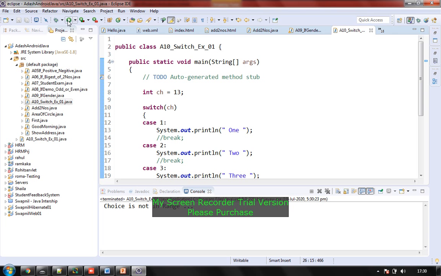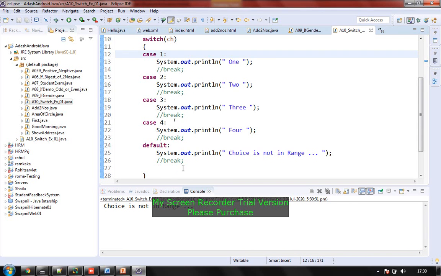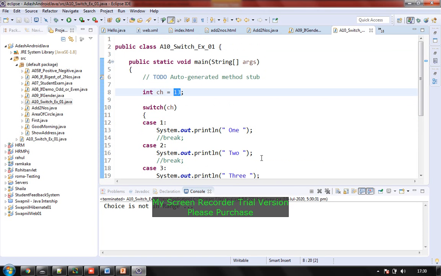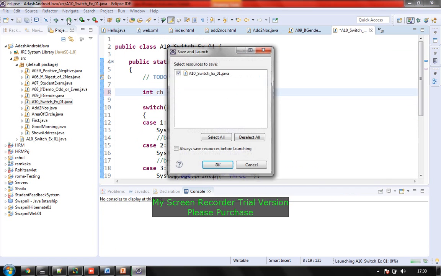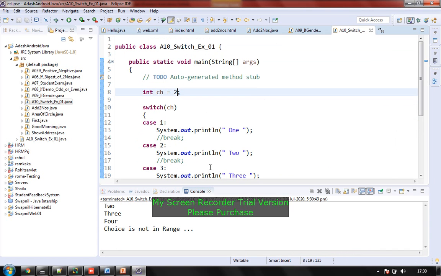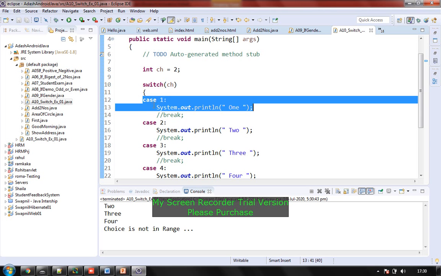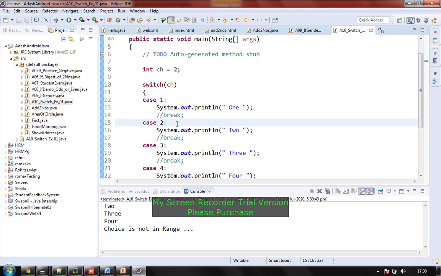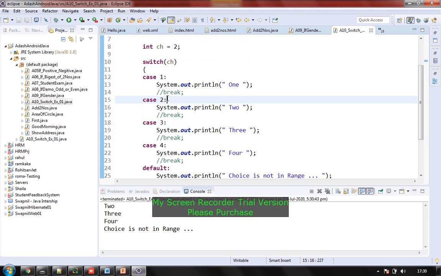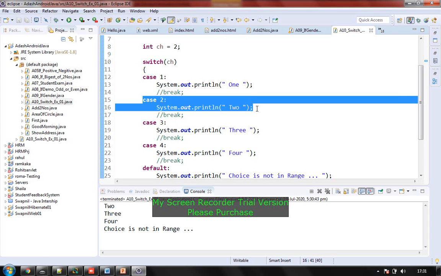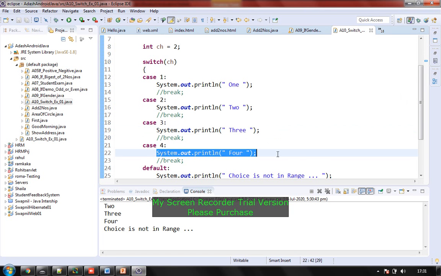See, now if I say choice 2, it is saying 13 because it is jumping to 13. I am just running it and saying choice 2. Fine. So see, was the choice 1? No. So it skipped this. And now it shifted to choice second. But from choice second, this condition got true. So it executes this also. It executes 3 also. It executes 4 also. It executes 5 also.